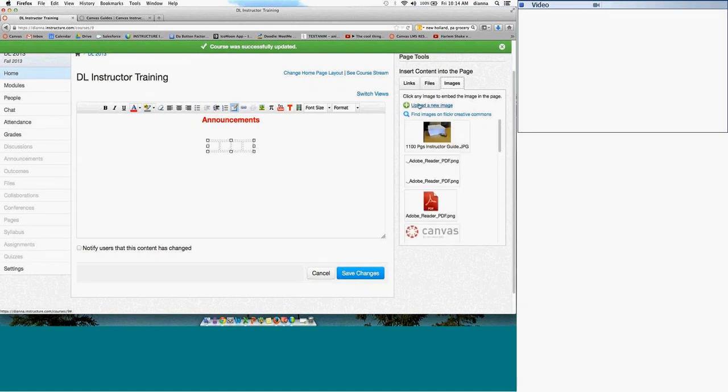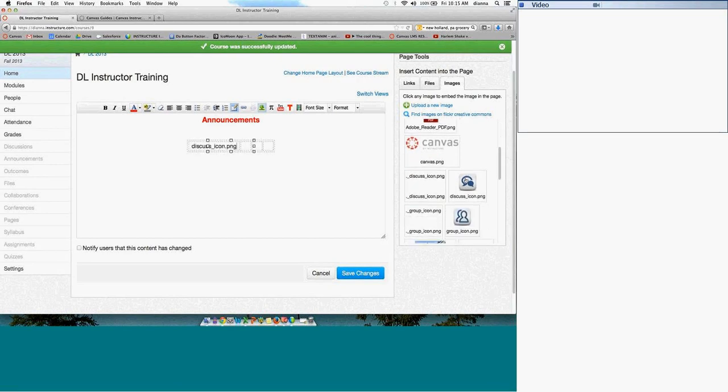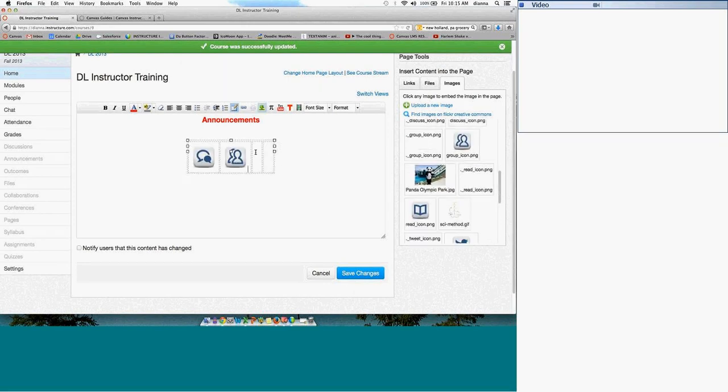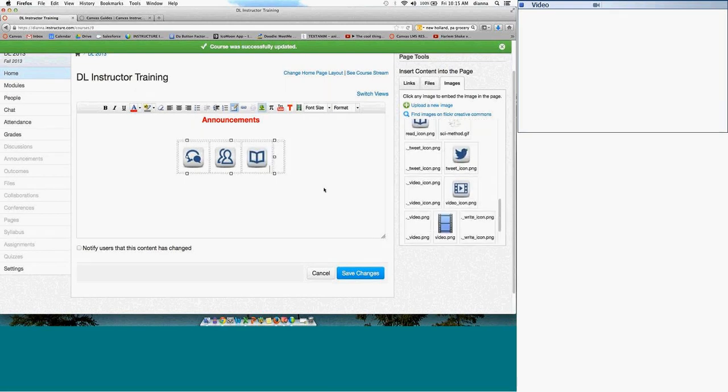I can also add additional images by uploading a new image. There's a green plus, and so I can upload those. I can also find images on Creative Commons here as well. So I'm going to add this discussion one, and then I'm going to add my group icon, maybe the reading. So I can add these images that I've created here to my course, and then maybe this